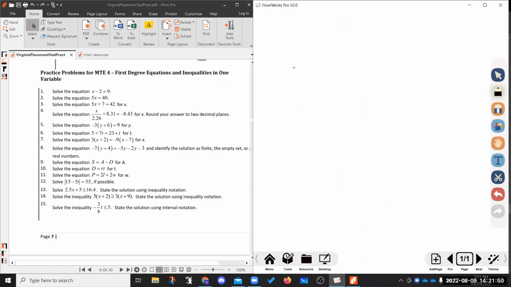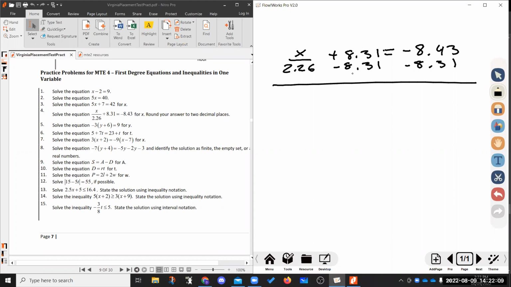Problem number 4 asks us to solve the equation where x divided by 2 and 2600ths plus 8 and 3100ths is equal to negative 8 and 4300ths. So we're going to subtract 8 and 3100ths from both sides. That's going to leave us with x divided by 2 and 2600ths is equal to a negative 16 and 7400ths. X is going to be equal to, positive times a negative is a negative,